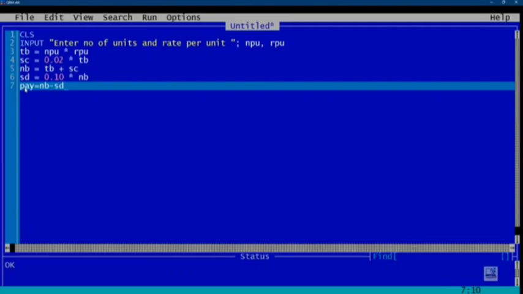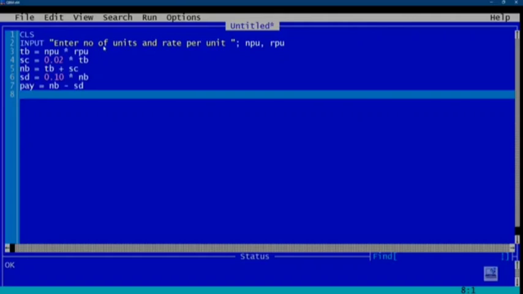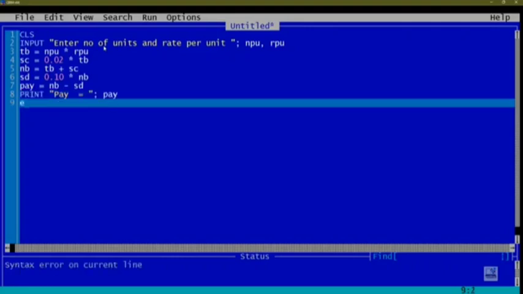Whichever variable name you take, you have to use the same variable name in the entire program, okay. So you cannot change the variable. And remember that the variable names are case sensitive, okay. Although QBasic is not case sensitive, so the commands you can write in any way, means in uppercase or lowercase, but the variables that you are using are case sensitive. So if you are using a variable name in small letter, you have to use the same variable in small letter in the entire program, okay. So we are printing the pay is equal to semicolon PAY, pay, and then end.